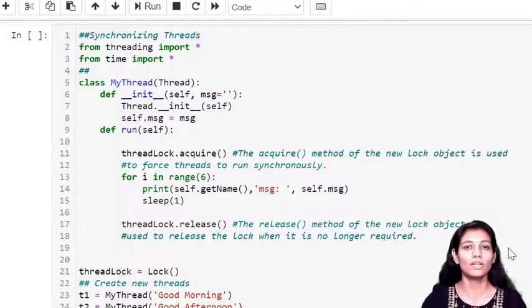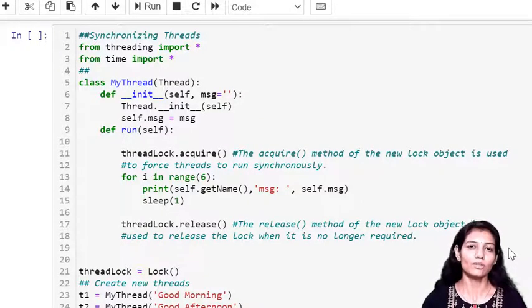We do not want one thread updating or doing some deduction in the money, and at the same time another thread coming into the same database in order to read, because the value will be wrong. So we do not want such chaos in threading. That's why we require thread synchronization, which will acquire a lock over the resource. So if the resource is occupied by one thread, another thread cannot enter that particular resource. We need mutual exclusion over some part of the code where we do not want parallelism.